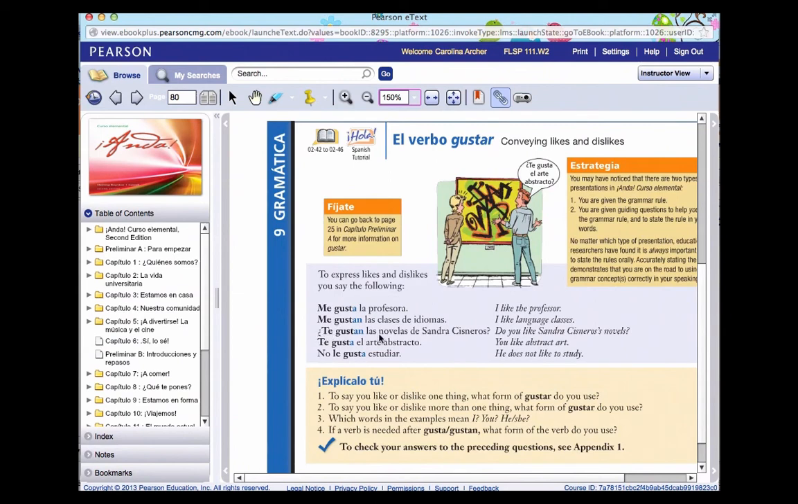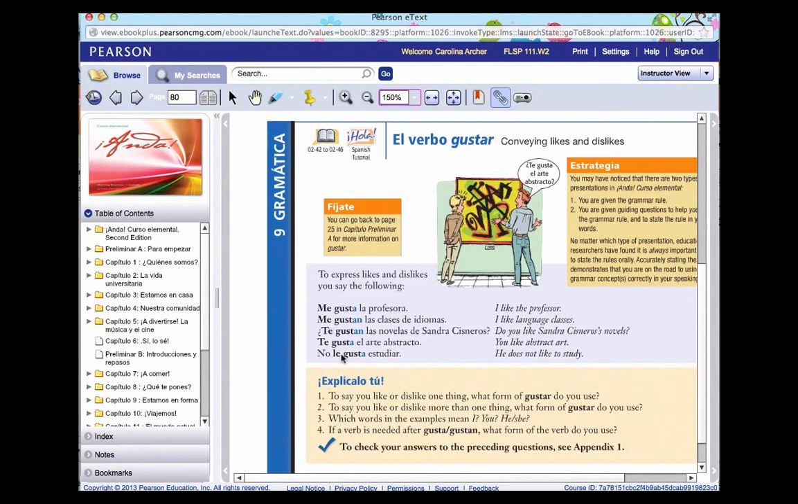¿Te gustan las novelas de Sandra Cisneros? Do you like Sandra Cisneros' novels? It's plural because it's las novelas. Or ¿te gusta el arte abstracto? Okay? And then if I'm talking about somebody else in the third person, about him or her, I'm going